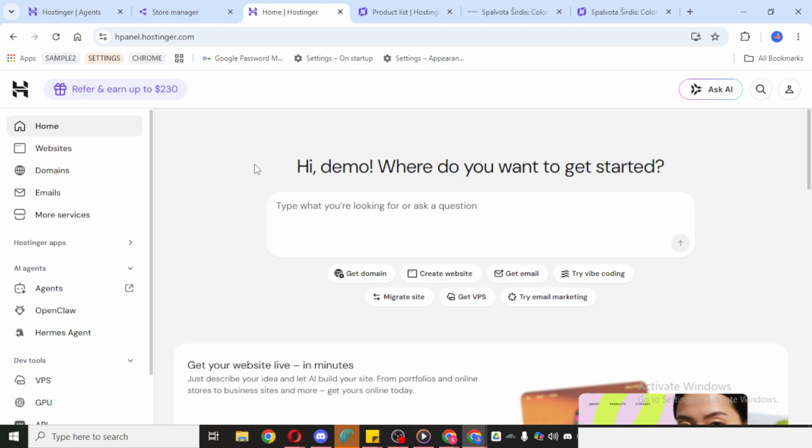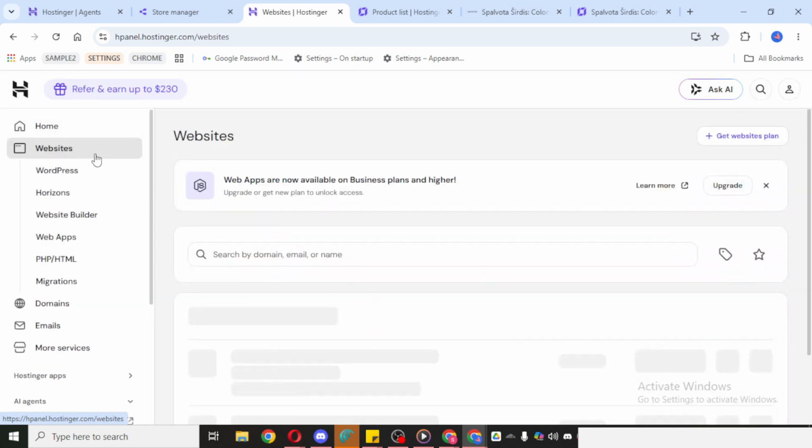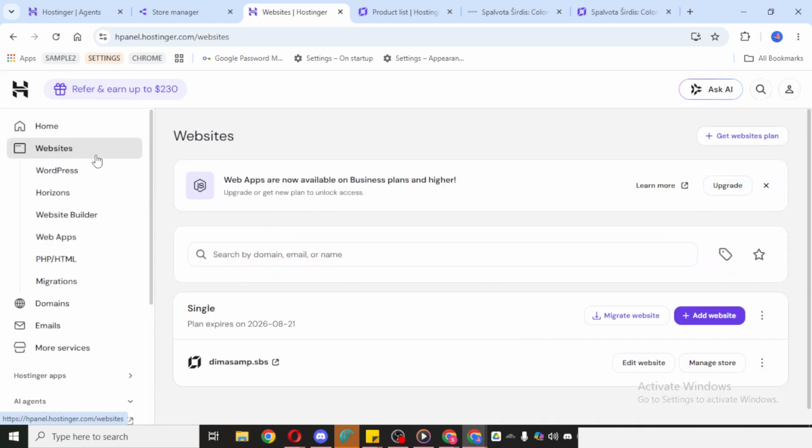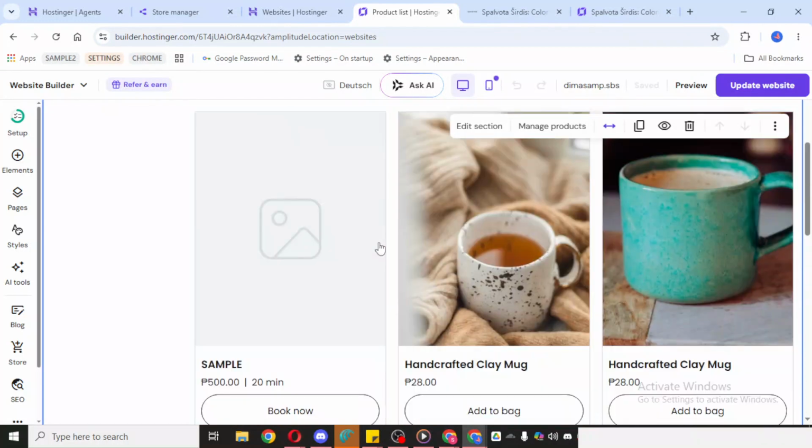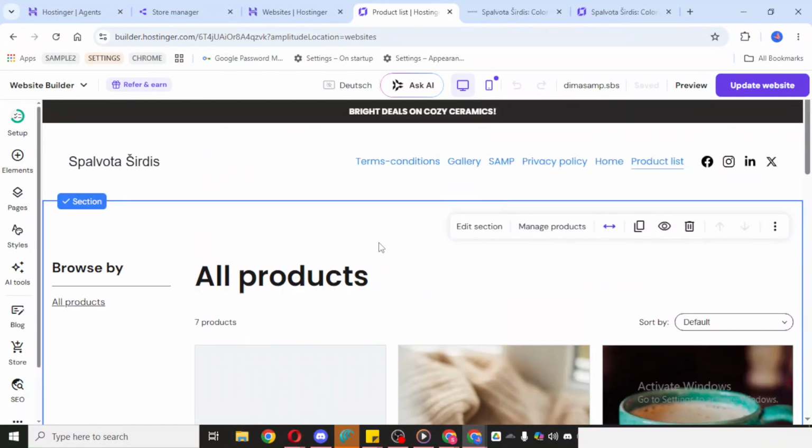on smaller screens. To get started, open your Hostinger account and sign in. Once you're inside your dashboard, look for your website and click on Website. This will take you to the area where you can manage and edit your site. Next, click Edit Website. This opens the Website Builder, where you can make visual changes to your page layout, text, images, and other design elements. Give it a moment to load fully so you can clearly see everything before making adjustments.